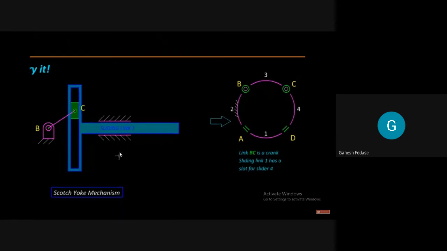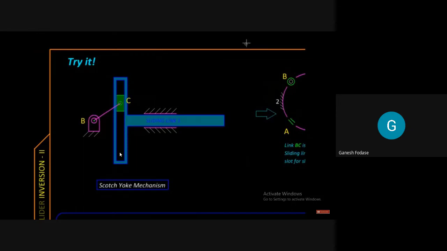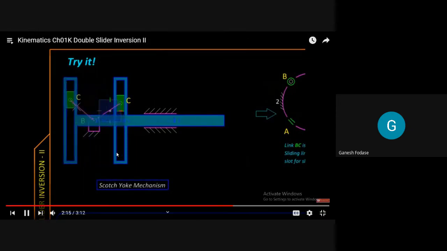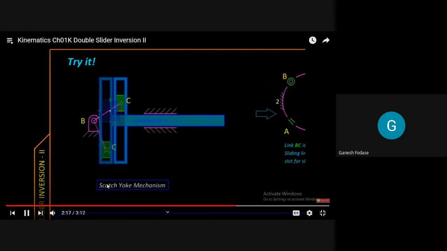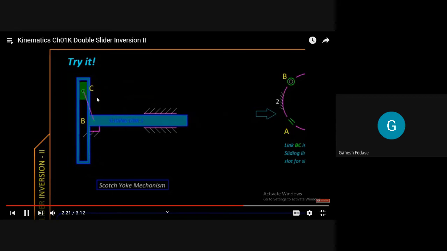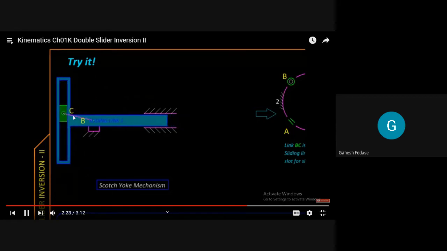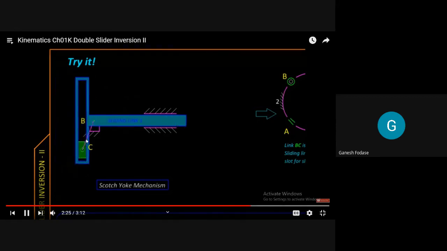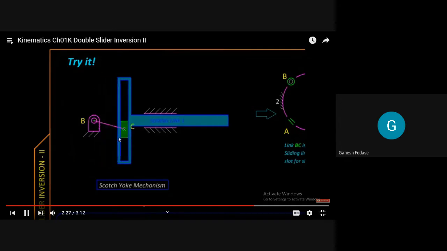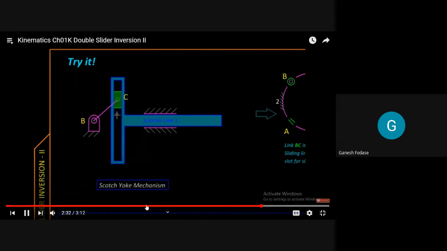Now you can see it's working. When this crank moves, you see carefully how the sliding link is sliding. For some motion of the crank it is moving back, while for another motion it is moving forward. Means for a particular angle of the crank it is moving back, and for a particular angle it is moving forward. So like this, we see an animation. I repeat it if you want to see again. See, for this motion it is moving forward. After this it is moving back.